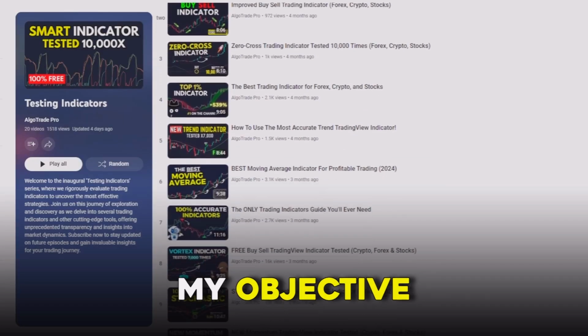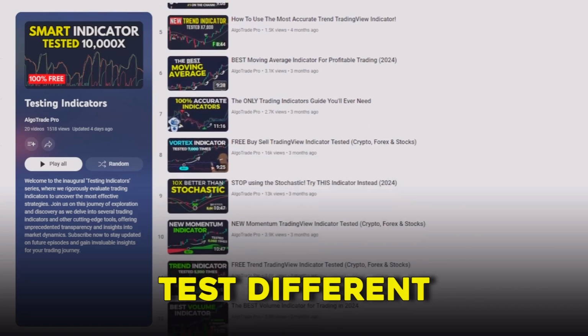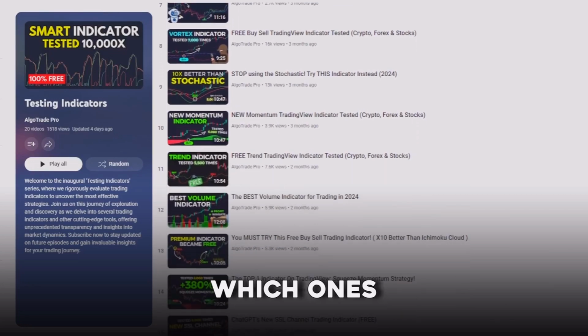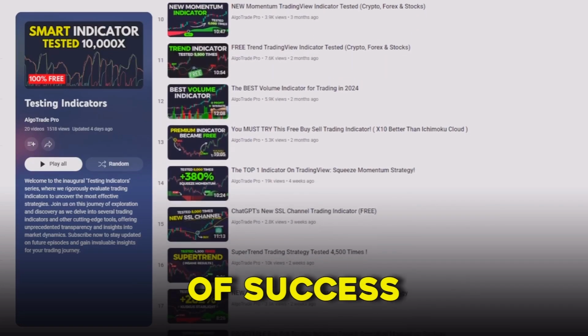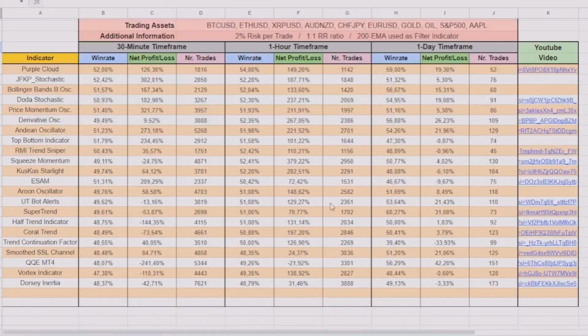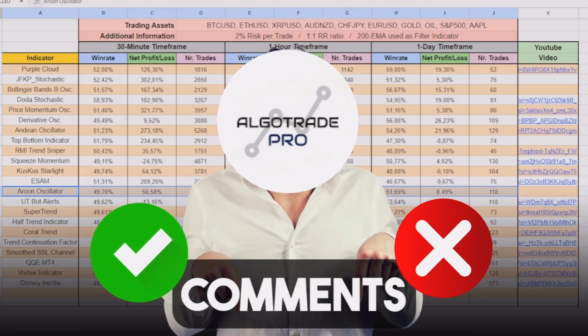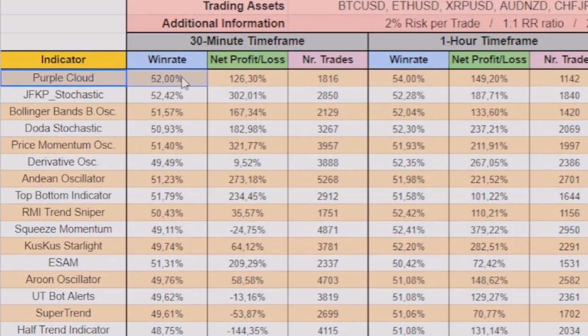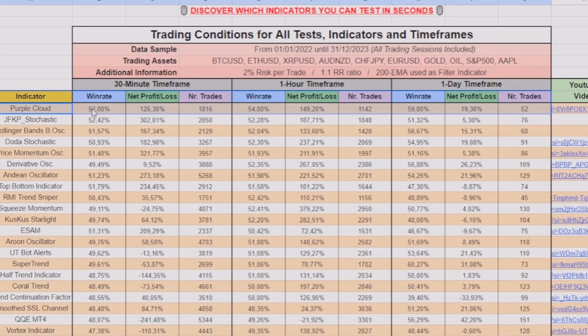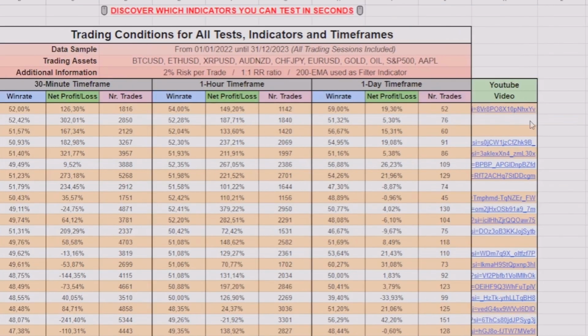In this series, my objective is to simply test different indicators to discover which ones give us more probability of success. In our ranking sheet, I believe the Aroon indicator's fair place is here. Tell me in the comments if you agree with this position or not. And so, the purple cloud will continue to be our top indicator tested so far,